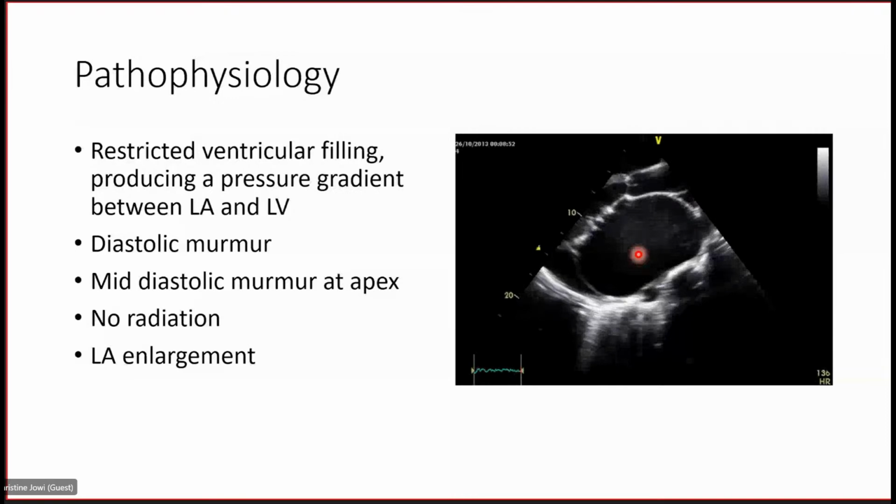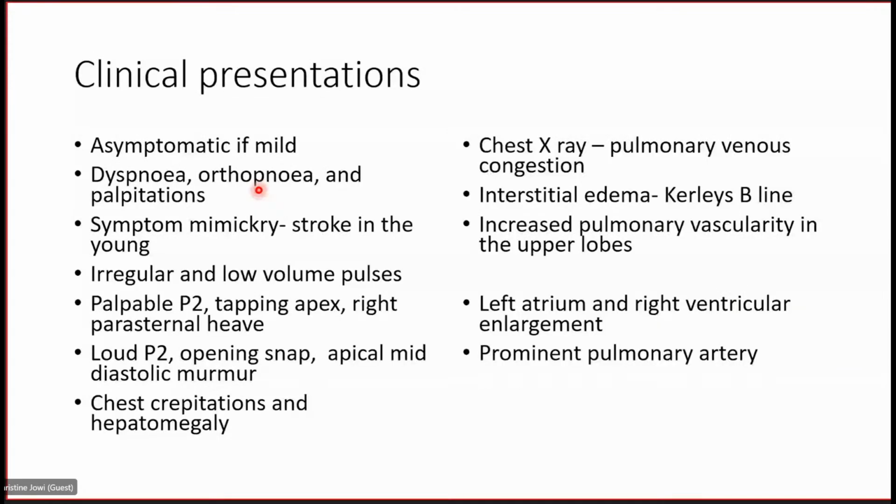When we examine this patient, if it is mild mitral stenosis, they might be asymptomatic, but they can present with dyspnea and orthopnea and palpitations and poor exercise tolerance and progressive heart failure. And like I said, it mimics a lot of symptoms, including stroke in the young, including vomiting blood, several symptoms that